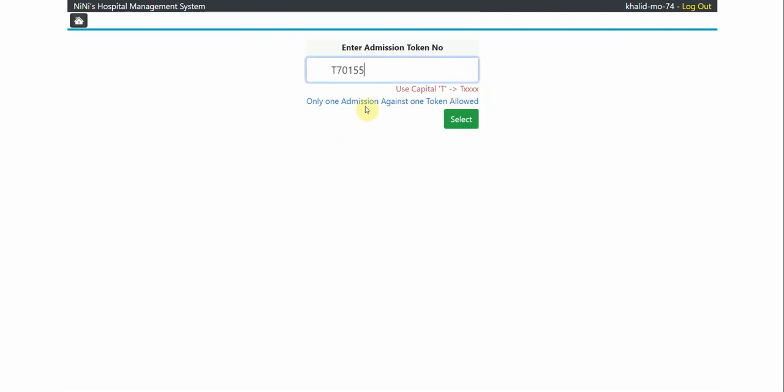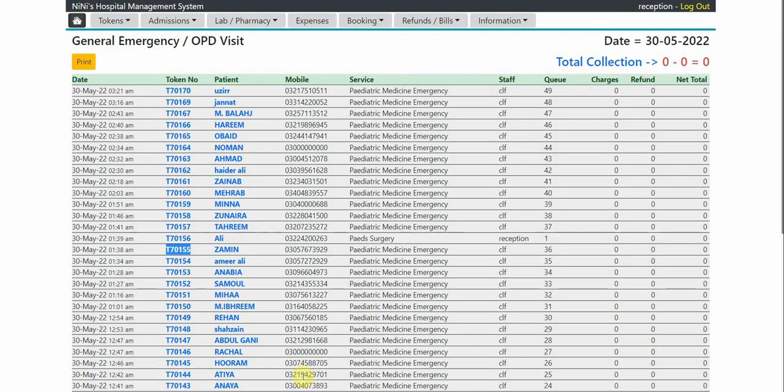I will enter the number here and press this select button. You can see the system has given me an error: there is only one admission against one token number, and also an invalid token number was entered. This means that either this number has not been generated by the reception or the patient has already been admitted by some other doctor. So I will select another patient